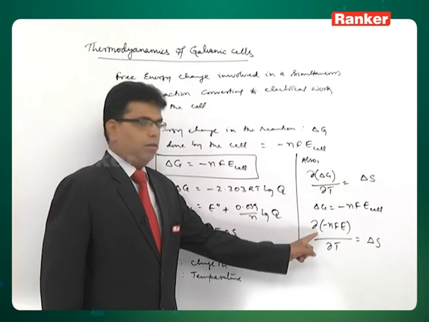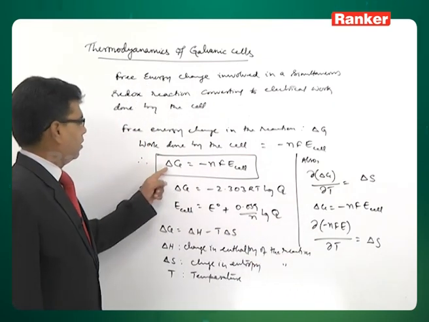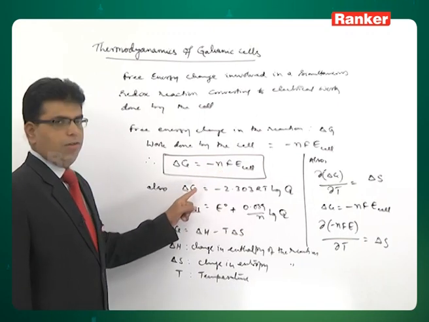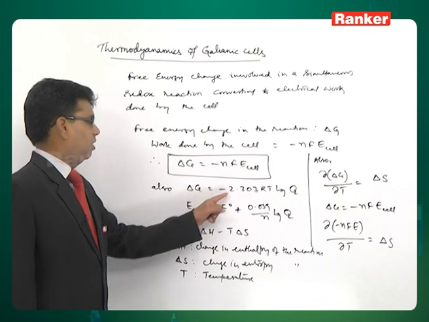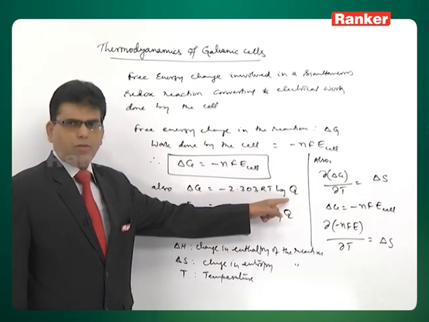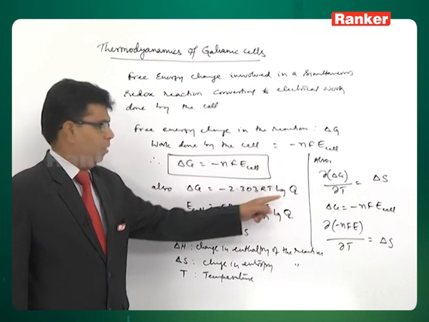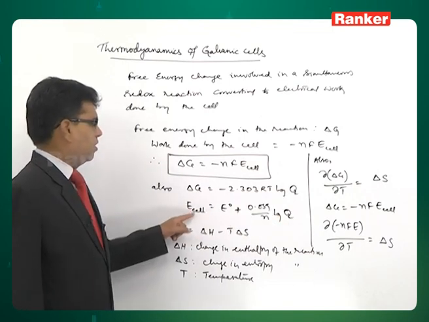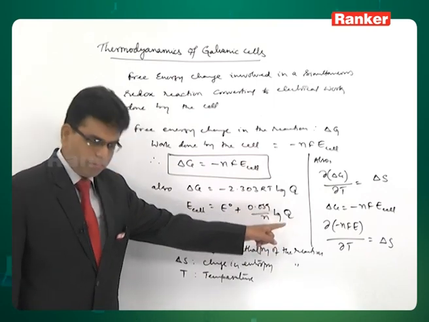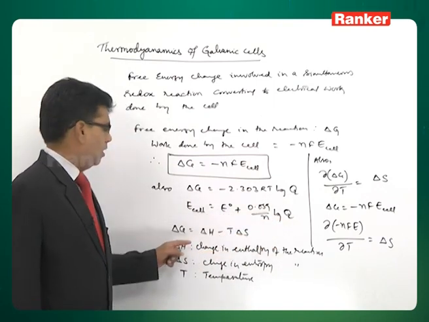So, first we are taking delta G is equal to minus nF E cell, and in equilibrium in thermodynamics also we said delta G is equal to minus 2.303 RT log Q, where Q is the reaction coefficient, and from which the Nernst equation, of course, E cell is equal to E naught plus 0.059 by n log Q is derived, and